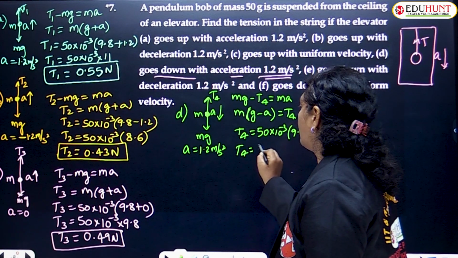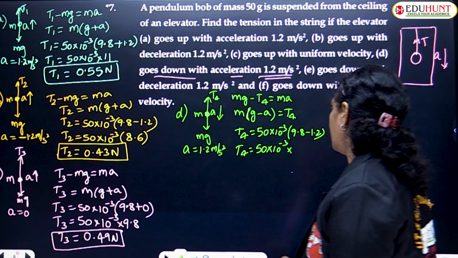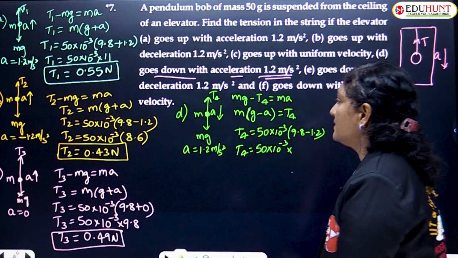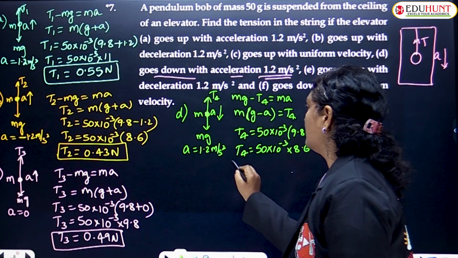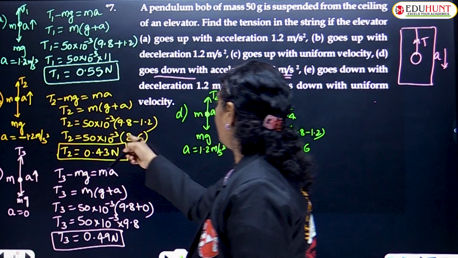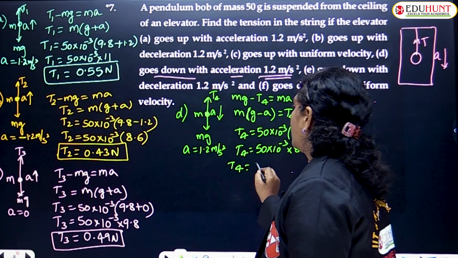Hence T4 is equal to 50 into 10 power minus 3 into 9.8 minus 1.2, which is something like 8.6. So this is the value, 50 into 10 power minus 3 into 8.6. Hence T4 is equal to